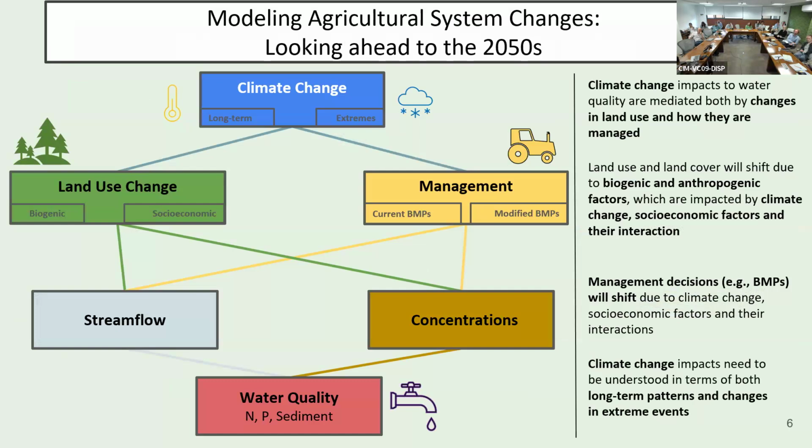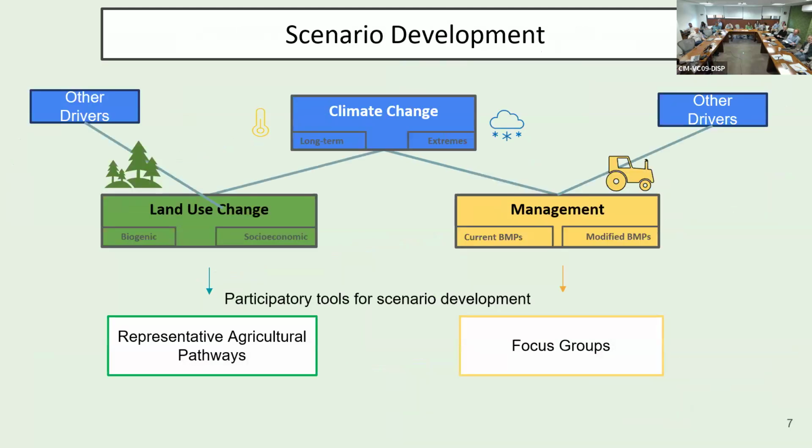Okay, so now we're trying to represent these agricultural systems, and it's a moving target. We are trying to represent the management here and also represent changes in land use. I'm looking at Roberto because he's more responsible for that part of things, and all of those questions you can take to him. All of these things contribute to water quality and are influenced by climate change, with lots of interactions along the way. One way we're doing this in our scenario development is